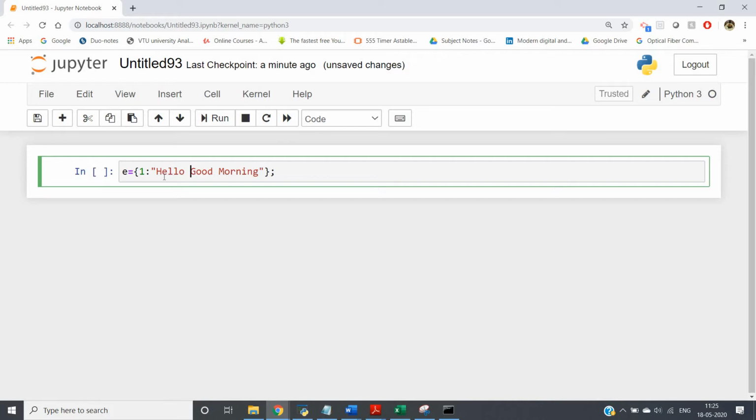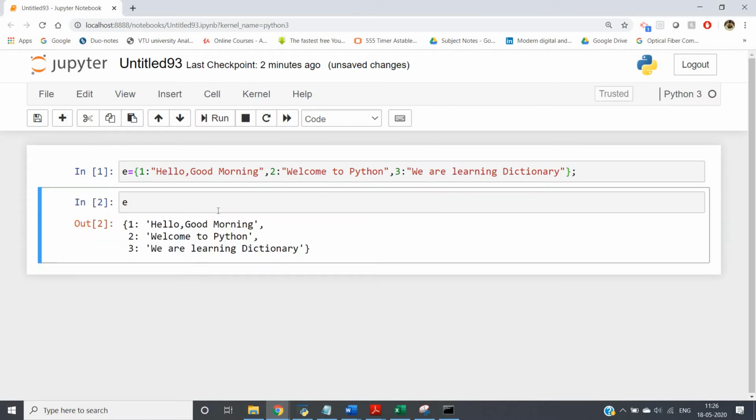Then for the second key, suppose I am storing welcome to Python, and for the third key, we are learning dictionary.